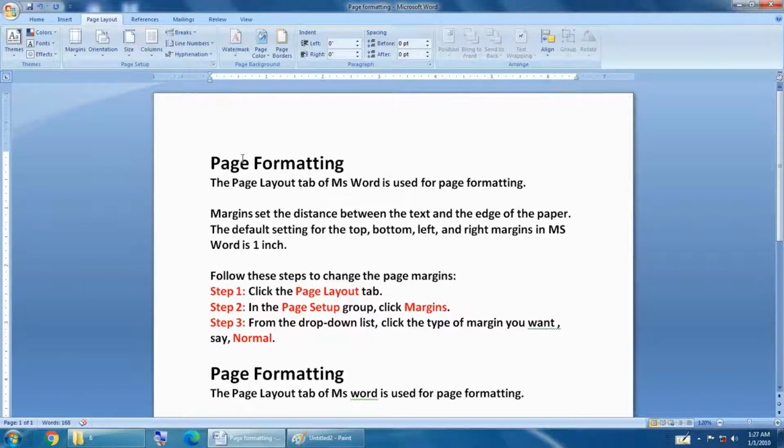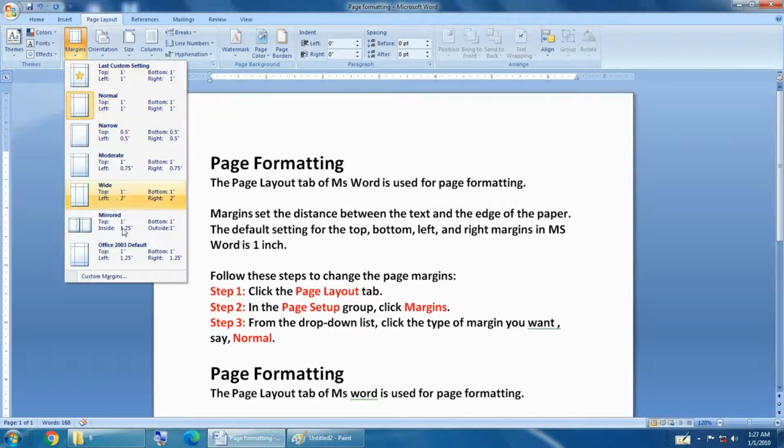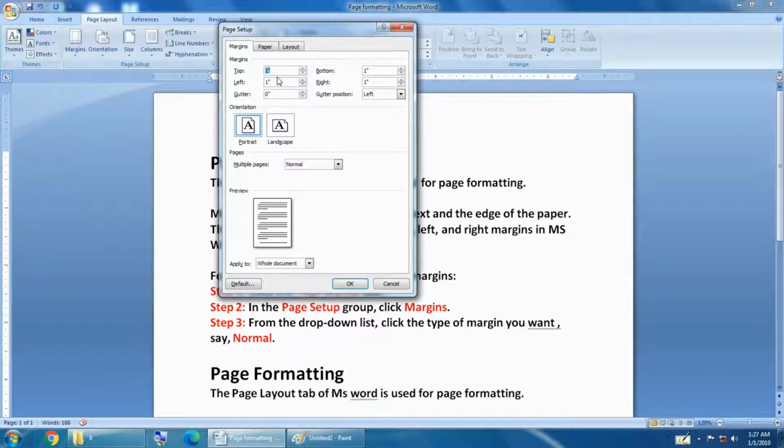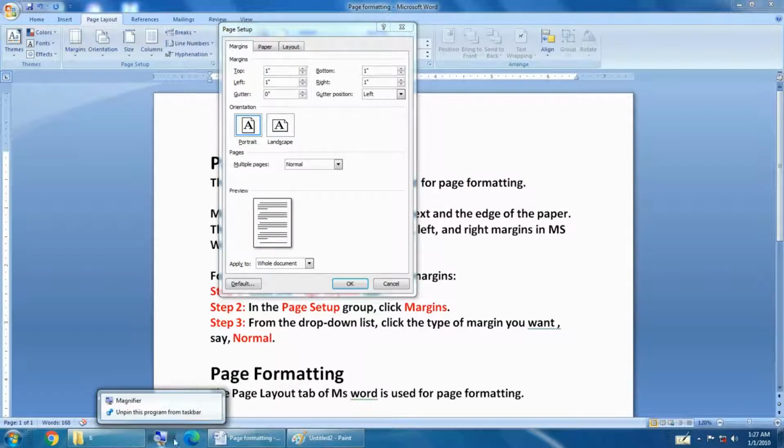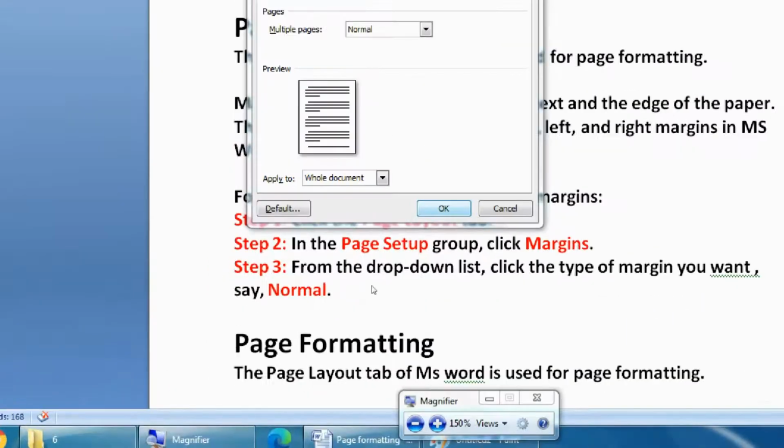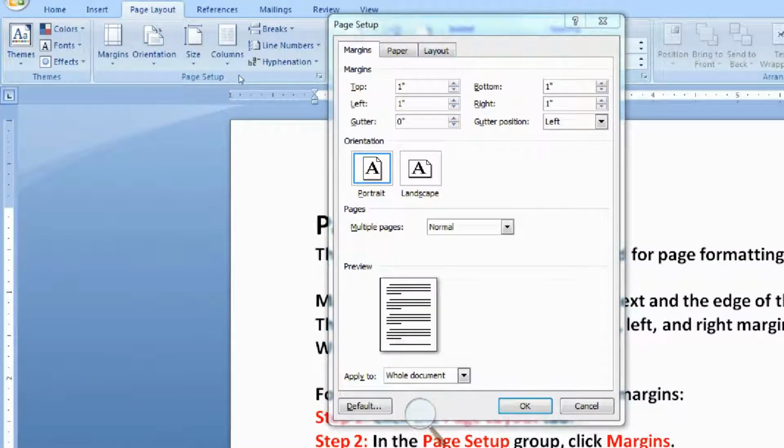Or we can specify our own margin settings by clicking margins and then clicking custom margins. The page setup dialog box appears. Specify the type of margin. Under this margin, we can see top, bottom, left, right, gutter.